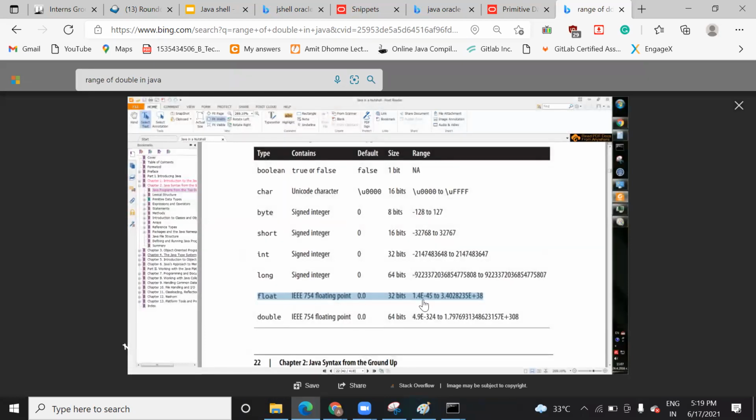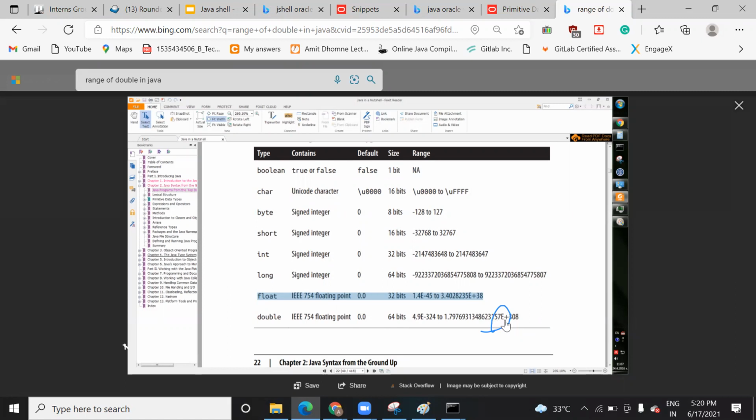Yeah, see this. Most of the data types, this is float, yeah, this is float, but this is double also, right? E minus 324 means 4.9 into 10 to the power minus 324. Similarly, you can write it like this also, but see this value, why have they used E? There is no number after that.